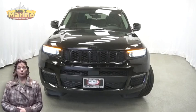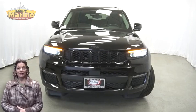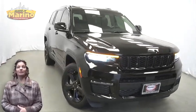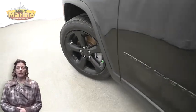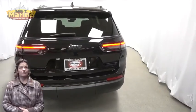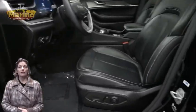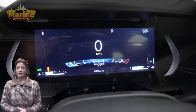Looking for a highly equipped SUV with all the right options and reliability? We'll take a look at this certified pre-owned 2021 Jeep Grand Cherokee L Limited in diamond black crystal pearl. With LED reflector headlamps, adaptive cruise control with stop and go, blind spot and cross path detection, 20-inch aluminum wheels, remote start system, heated front seats, heated steering wheel, 48,000 miles on the odometer,